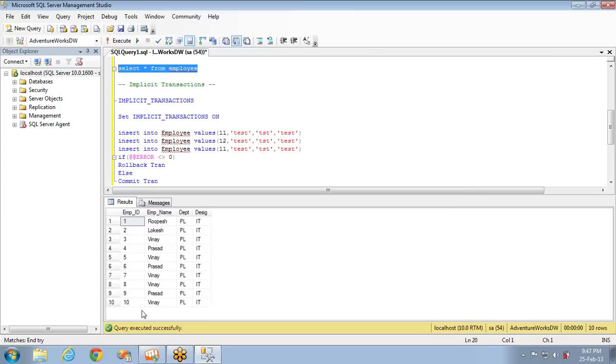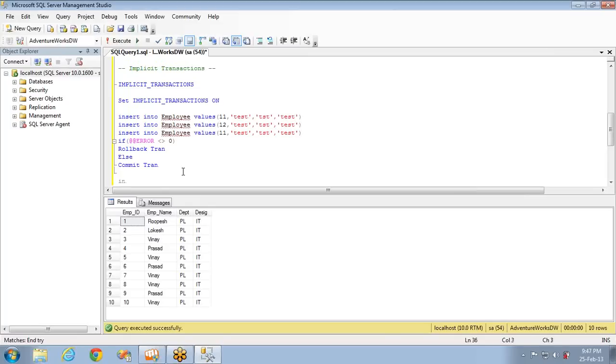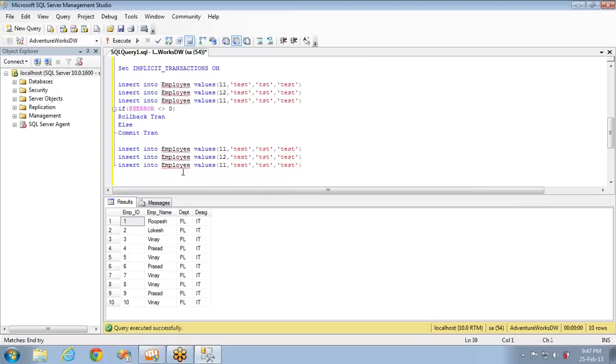Now, what will be the next transaction? After this implicit transaction, this is fine. This is taken as the starting point. Now, if I take any insert statement, or let me copy the same again. Okay, I've taken these 3, and if I execute the similar if-else statement, so this is the ending point of the previous transaction, right? So the earlier transaction's ending point is commit. So the next statement which is present in the query window, or which you are executing, will be taken as the starting point of the next transaction.